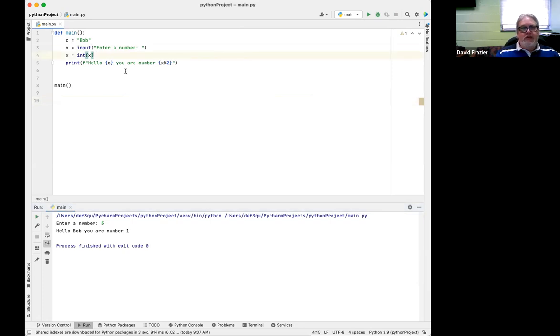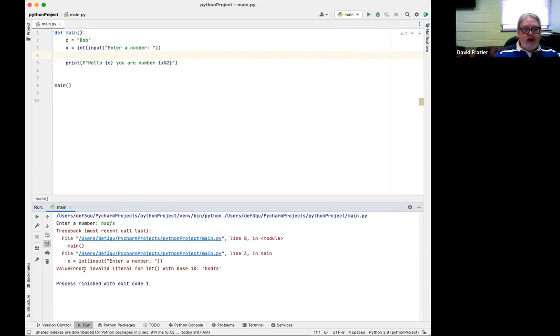But here's the preferred way to do it. I can just go ahead and do my cast to int right there. So I do that in one line, forcing it to be an integer. If I enter 12, it's going to return 0 because that is an even number. Note that we're not checking to see if this is really a number or not, which we would need to do. If I enter some letters there, it's going to give me a value error. We can have an exception to handle that, but we're not going to worry about that quite yet.